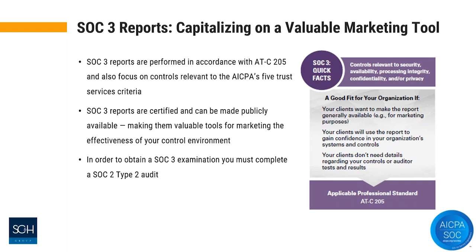So you're looking at operating effectiveness over a period of time for either security or additional criteria within the SOC 2 parameters. But the report that you then issue is an actual certification, which differentiates from SOC 1 and SOC 2, which are audit reports. The SOC 3 is a formal certification that you can publish on your website.